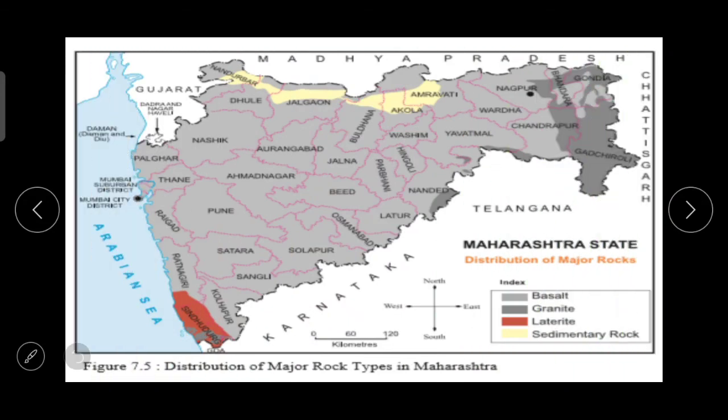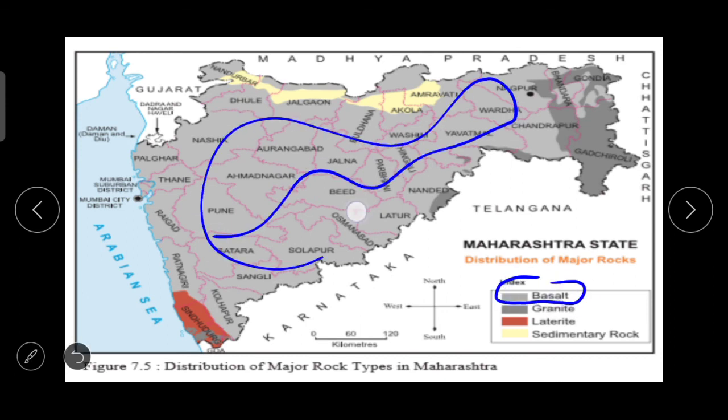And now the map, figure 7.5, given in our textbook, is of distribution of major rock types in Maharashtra. So here what you have to do, list the districts in Maharashtra where rocks other than basalt are found. For that you can refer to the index. This one is the basalt, everywhere we can see. Then the granite, a little bit darker. Then the laterite,